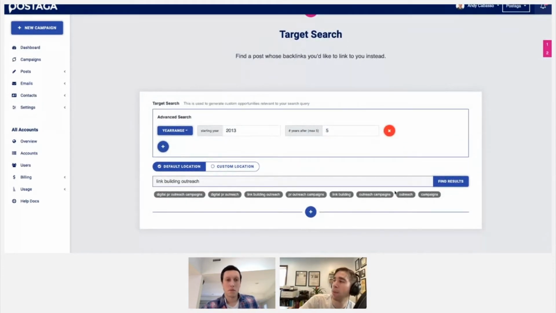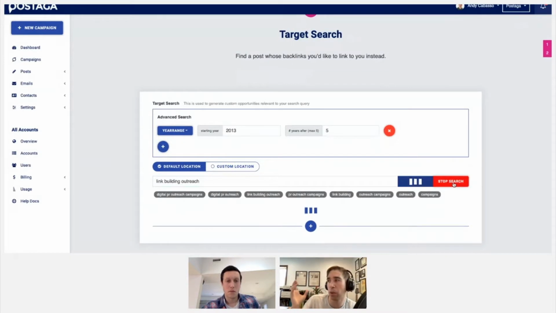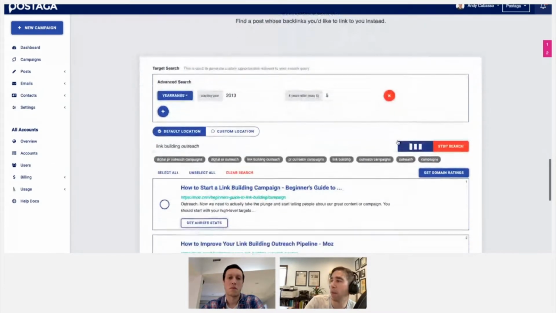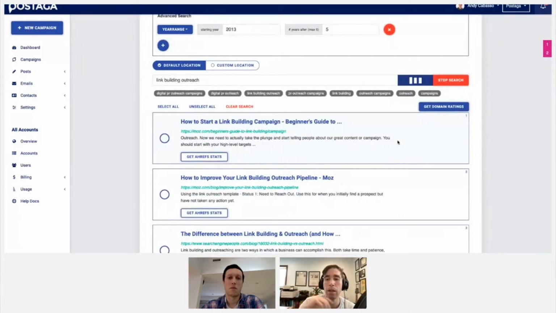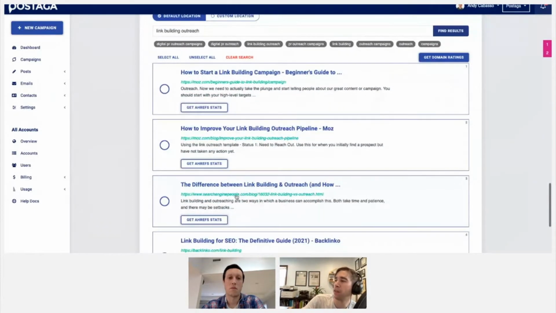And then I'm going to click Find Results. What's going to happen now is Postaga is going to give me search results of articles on this topic. Like you saw when we were looking in Ahrefs, we saw articles like this Moz article and these other articles here.